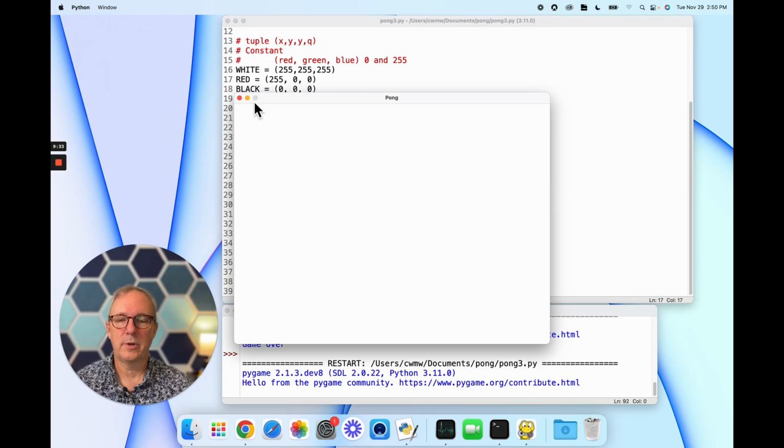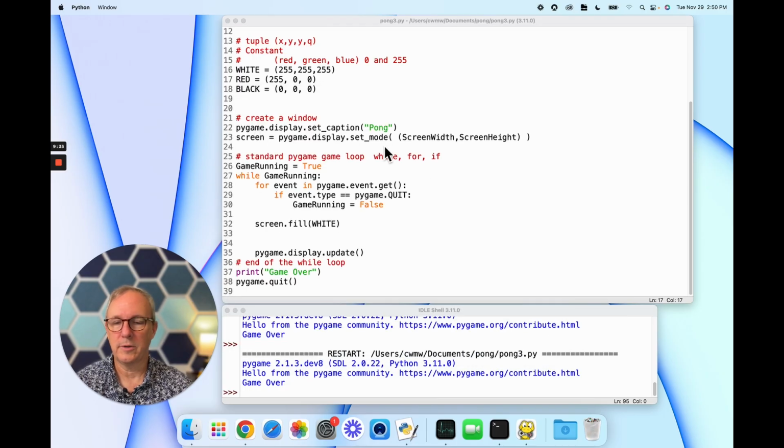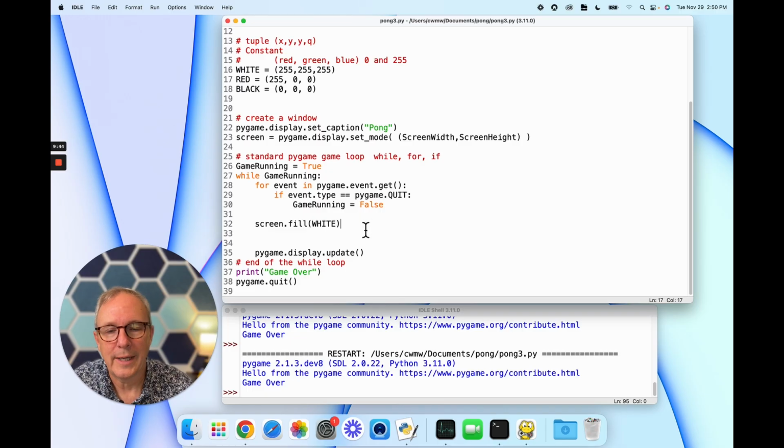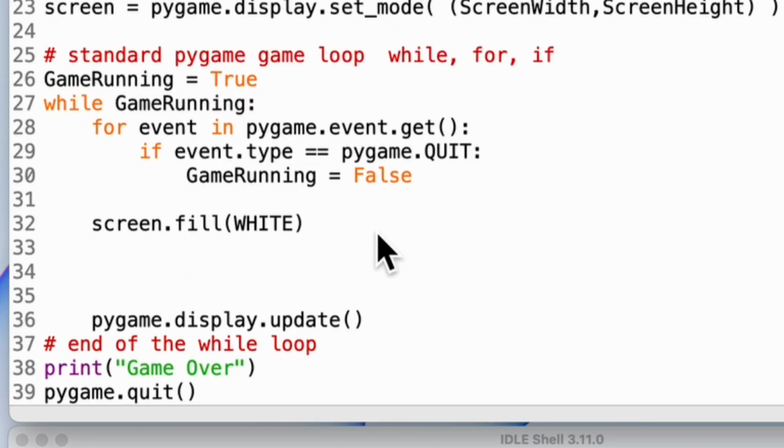And we have a white screen and we hit close and then it goes away. Okay, so let me show you a few different drawing commands. The first thing we're going to try drawing is the ball. We're going to put a little ball on the screen, and that command is